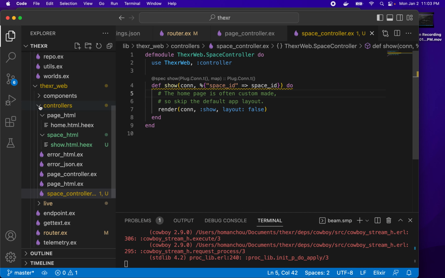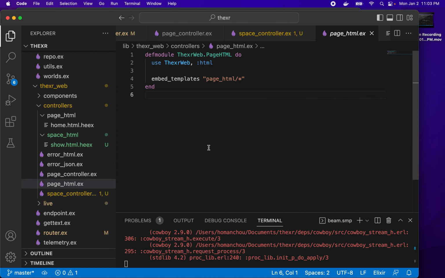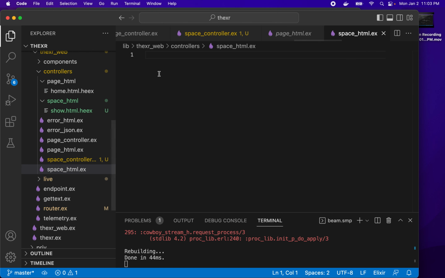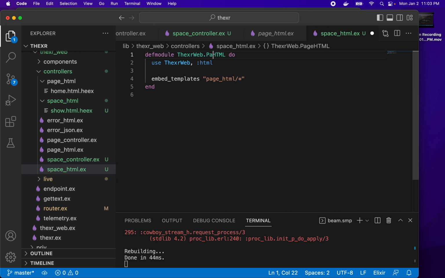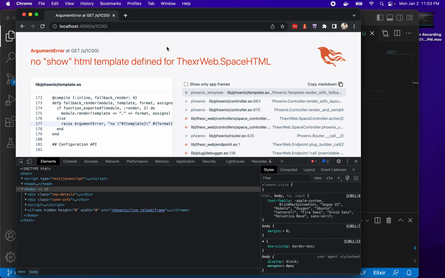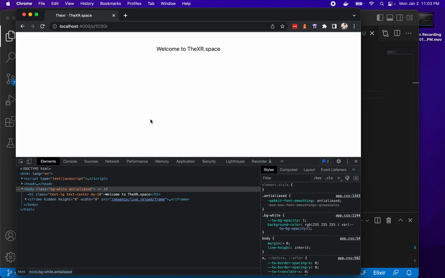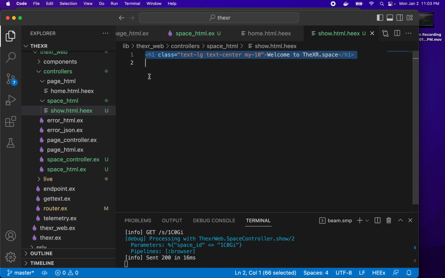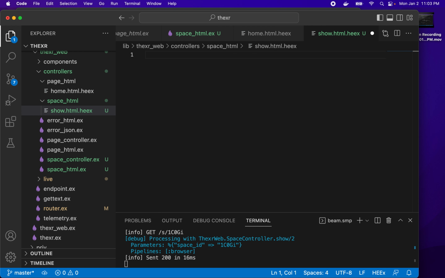No show HTML template defined for space HTML. Okay. Oh, something else is missing. So I think we need an equivalent of this thing. Space HTML EX. And right, so now we have a destination for this. So let's just write that it should have some kind of canvas element. We'll just say